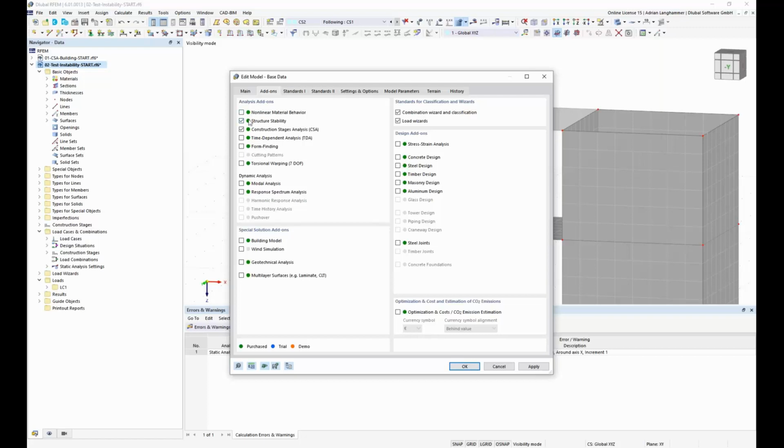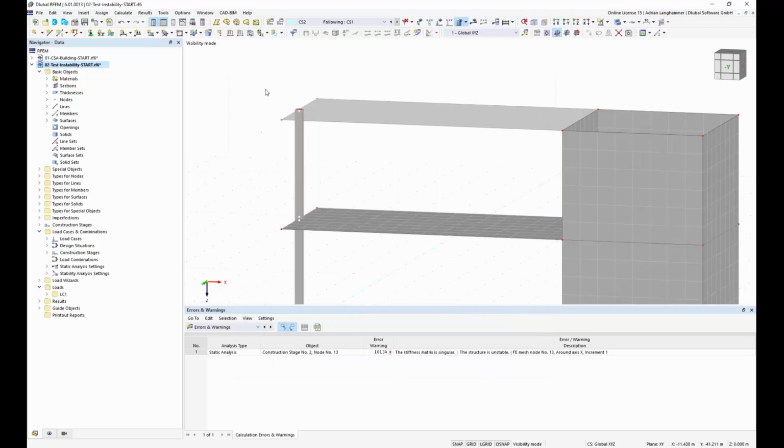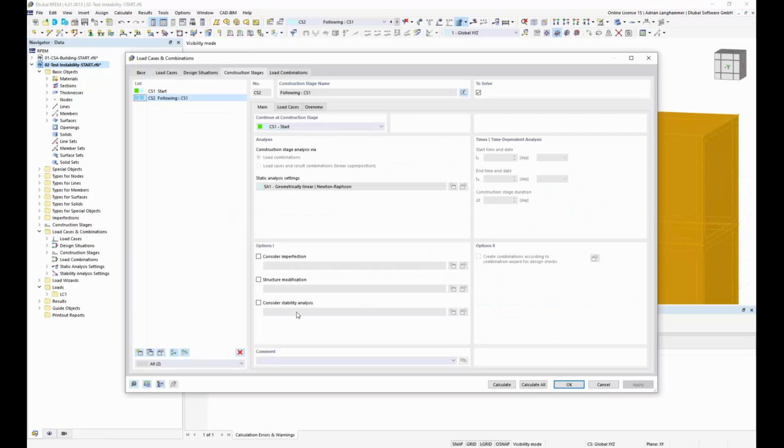So I will activate also the structure stability add-on, and then I will open the construction stage 2 again, and then I can use for the construction stage 2